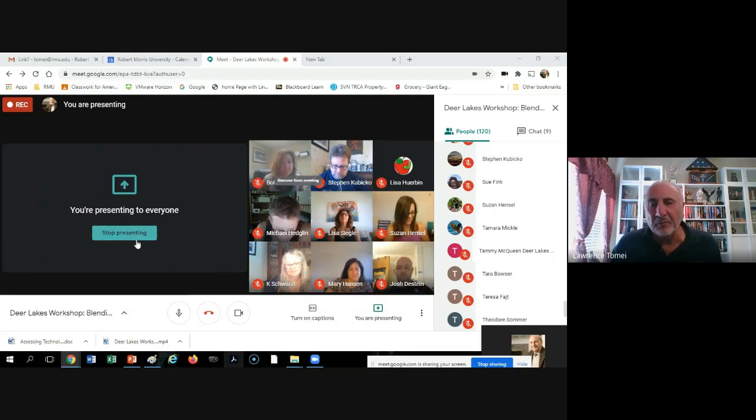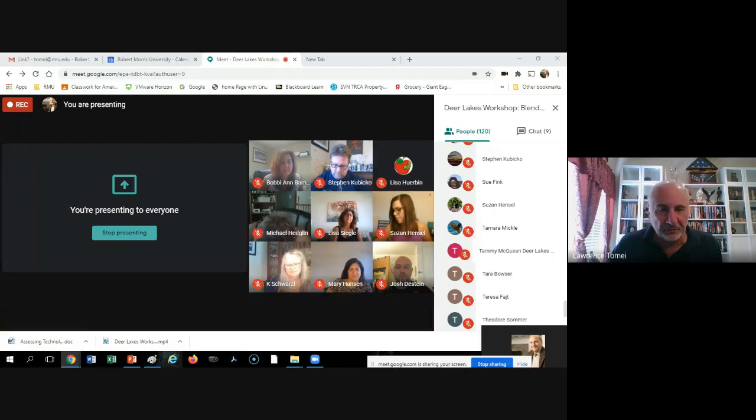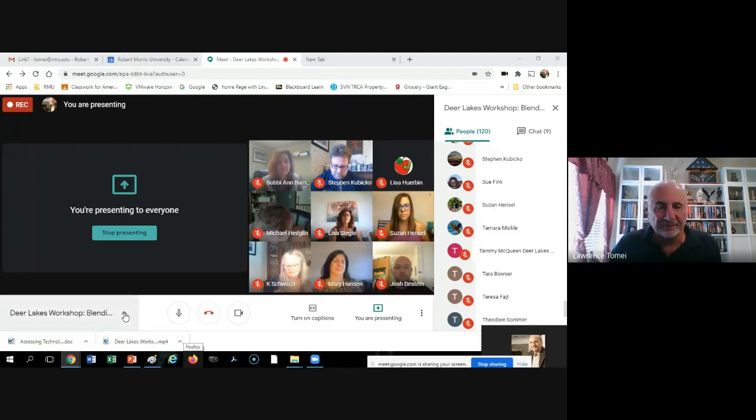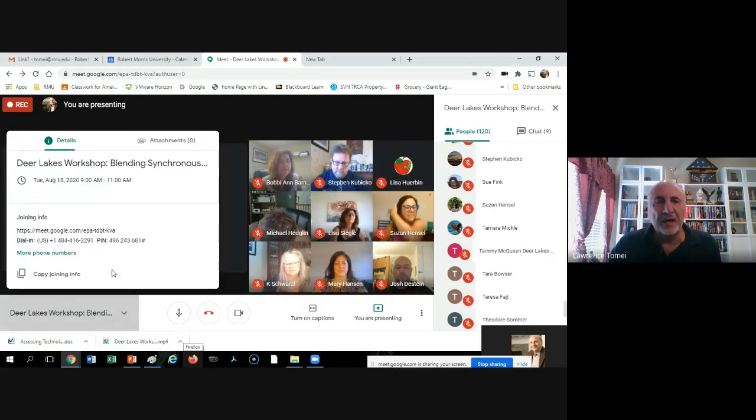If you move your mouse around, you get this bottom menu bar that shows up down here. And let's just go through some of these features. Over here on the left is an up arrow, and if you click on that, you get some of the details of the class. You might look at that and say, well, that's not really all that important, except